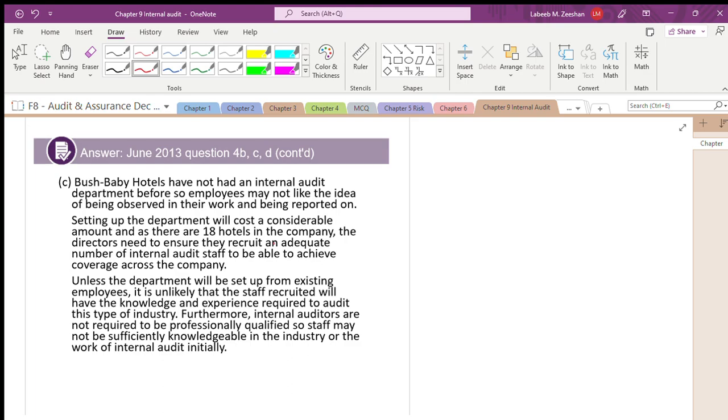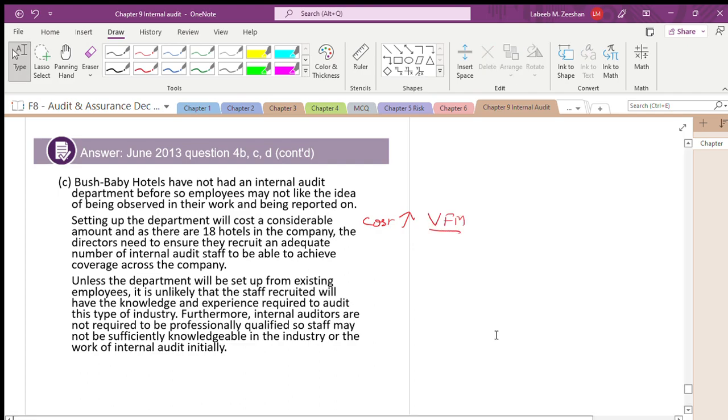Setting up that department will cost. Definitely, they say that is a limitation: cost will increase. But it is not the cost that matters. What matters is value for money: efficiency, effectiveness, and economy. Setting up a department will cost a considerable amount,